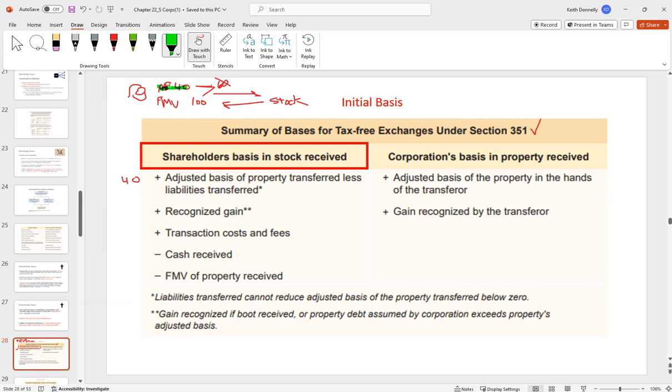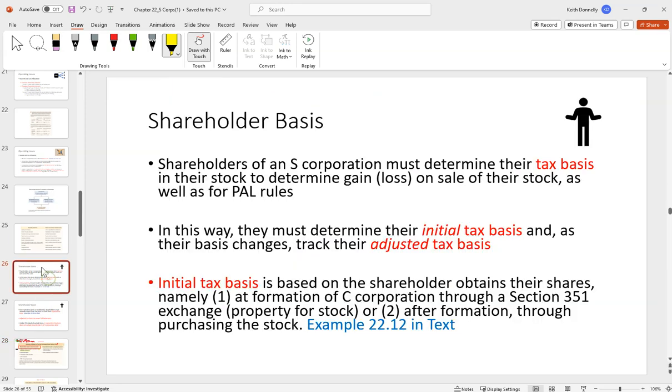Whatever your basis was in the machine you gave is now going to be your basis in the stock. It gets a little bit wonky down here: you have to back out any liabilities transferred. So if there's debt on that machine and the corporation assumes it, you have to back it out. Don't worry about any of these other items for purposes of the S Corp chapter, since corporate formation is discussed in another chapter, with these nuanced items. But let's look at example